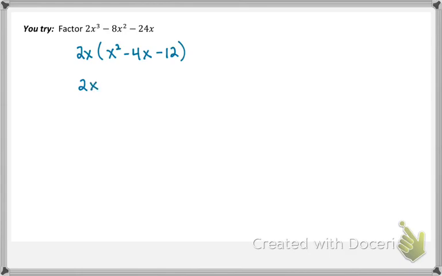and I want to take this quadratic and factor it into two smaller factors. So in this case, I'm going to use my guess and check. For those of you who do like guess and check, I'm going to split x squared up into x and x, and then I'm going to split negative 12 up, and my options are 1 and 12, 2 and 6, 3 and 4. Right, I know I want to add to give me negative 4 in the middle, so probably 6 and 2, so I'm going to put negative 6 and negative 2 here,